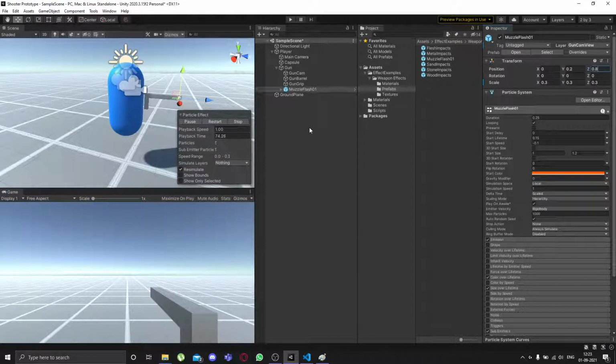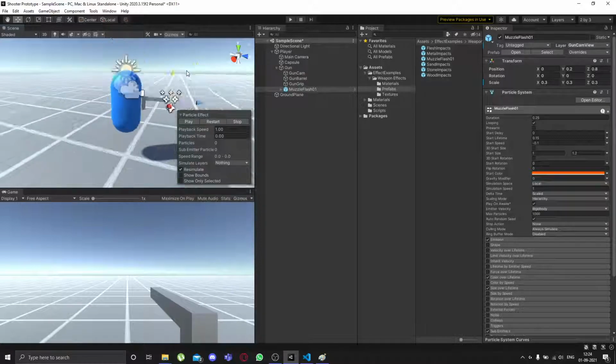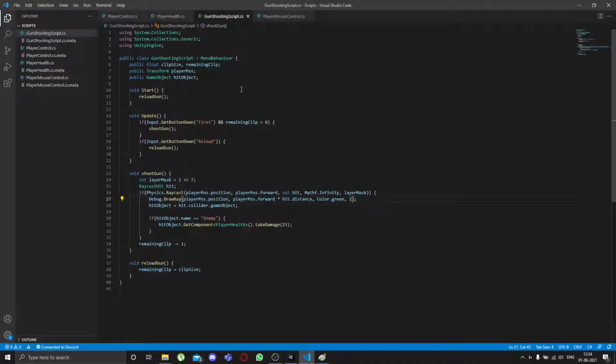So we have our muzzle flash. We'll need a way to play and pause it. So we'll edit our gun shooting script. For this,